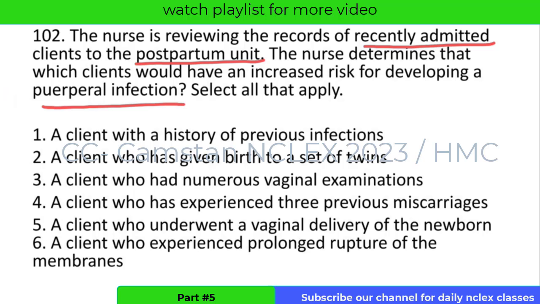So to find the correct options that apply here, let us move to the options first. The first option is a client with a history of previous infections. A client with a history of previous infections has an increased risk of puerperal sepsis. This is the correct option here,